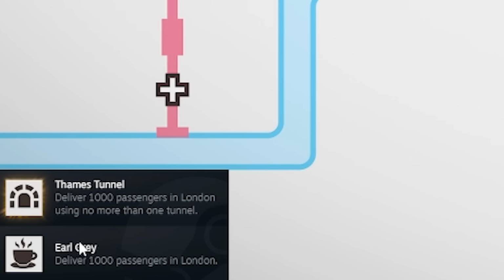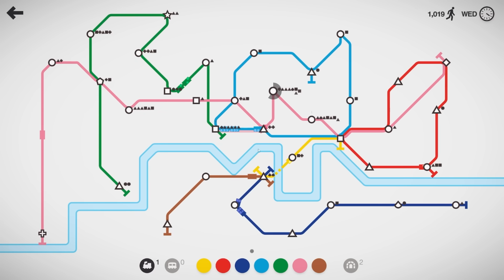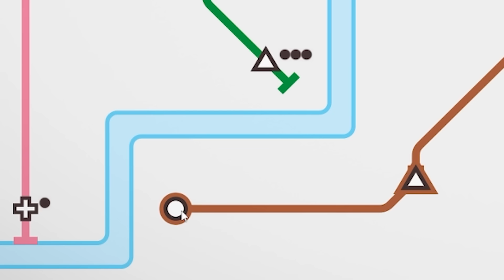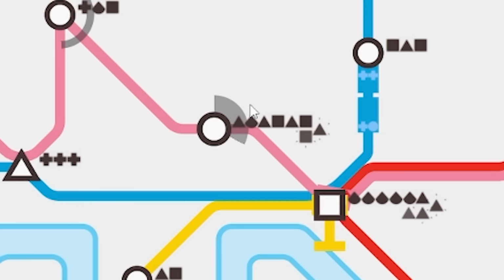Oh, yeah, we did it. We did the Earl Grey and the Thames Tunnel. We did both of them. So we didn't use any tunnels, even though we sort of did. So that's good at least. Anyway, how far can we go? We've got a circle over there to expand to. In the middle, this